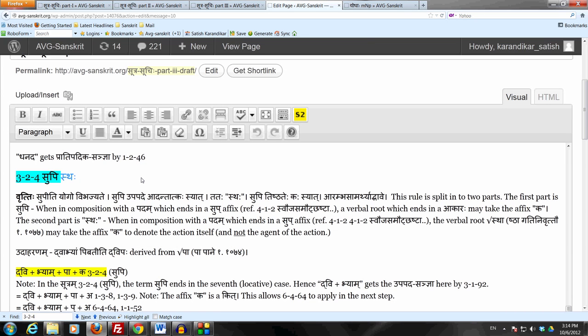But it is not useless. There is a reason. There is a prayojanam for this second sutram also. And that is what the vritti says. Arambha samarthyad bhave. Okay. So arambha samarthya, the fact that this sutram is there, sthaha, means that it conveys an additional meaning, a special meaning, which is that in this case, following the dhatu stha, the affix ka may be used not just kartari, which is the prior sutram will do that, but it may be used now bhave.